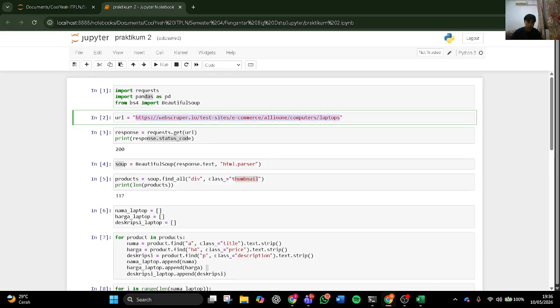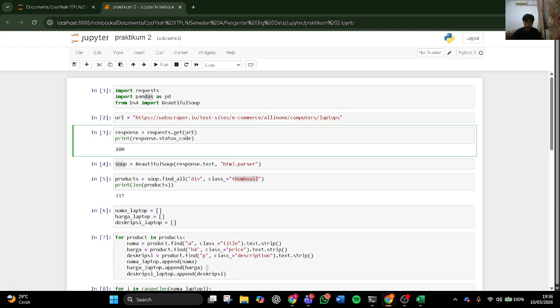And this URL we store to a variable named URL. Okay, and the next is use the requests.get URL to send a get request to the URL and store the response.